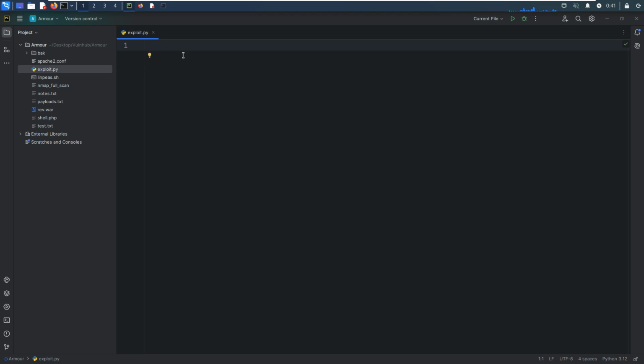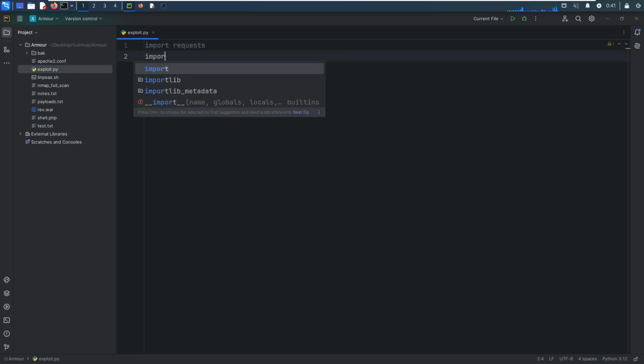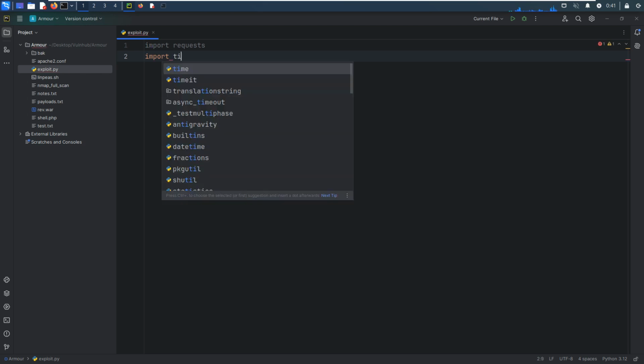Python is great. The first module I'd like to import would be requests. And then I'd like to import the time module, because I do not want to send so many requests. This could lead to the death of the target machine. I'm not going to do that. So we can set the gap between each request.